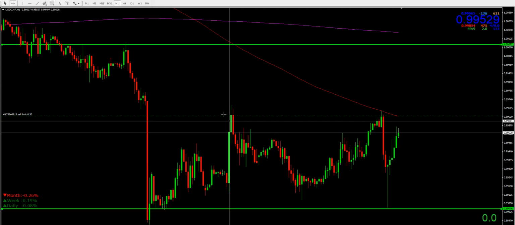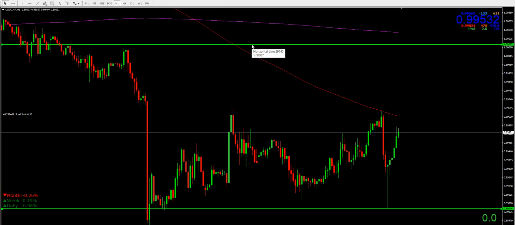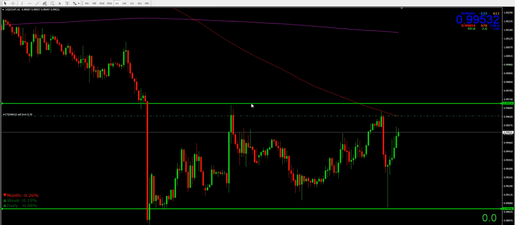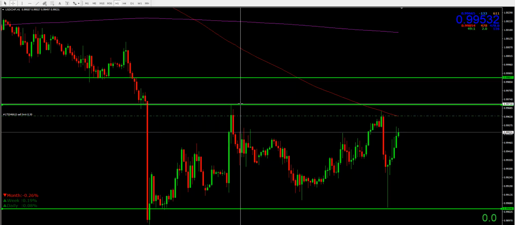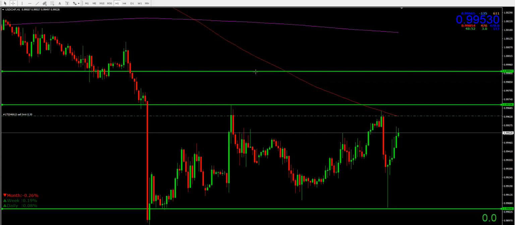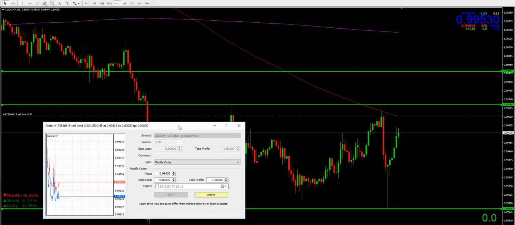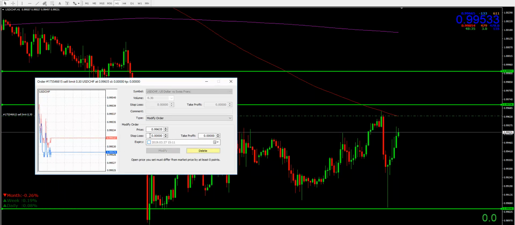So let's see what the figure is here. Let's say this is 22 pips. No, that's 16 pips, so let's move it up slightly. That's about 20 pips. Okay. So anyway, looking at this high, that's about 0.99706. So what I'll do is modify the trade I'm currently in. I'll double click on that and set